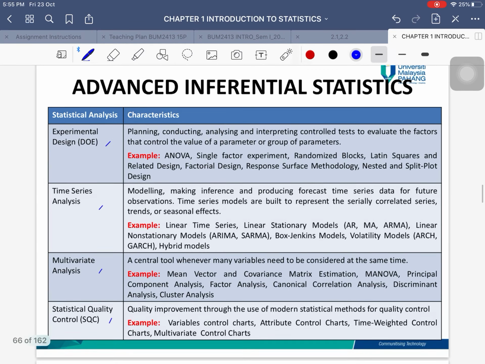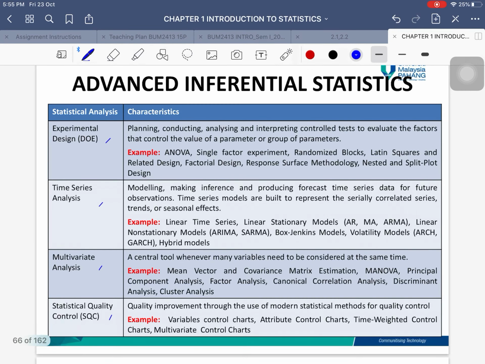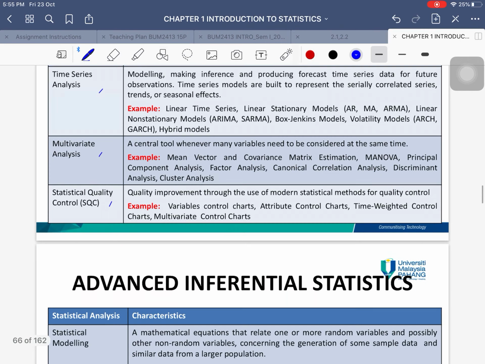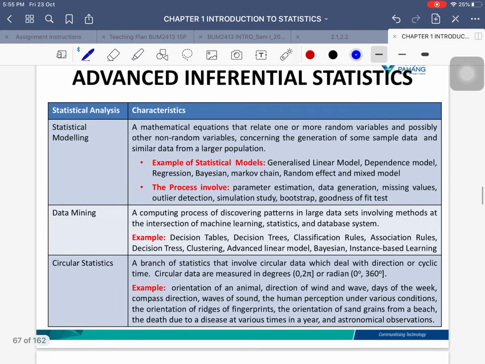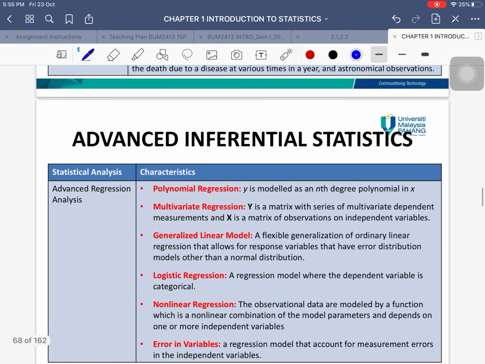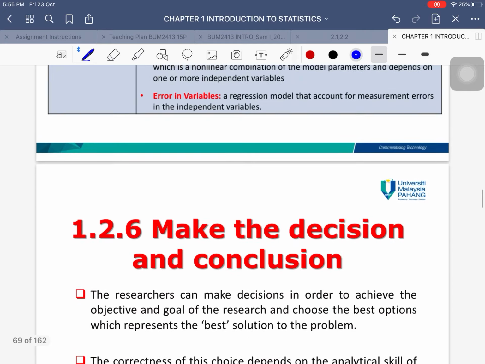So DOE, time series, multivariate, statistical quality control. It's something that requires a lot of statistical concepts before you can jump to this advanced inferential statistics. So you're not going to learn this. You might learn this if you decide to pursue statistics in your studies later. Okay, and we also have statistical modeling, data mining,